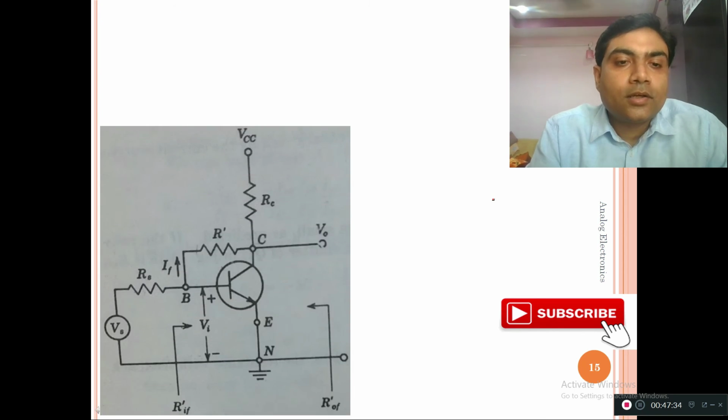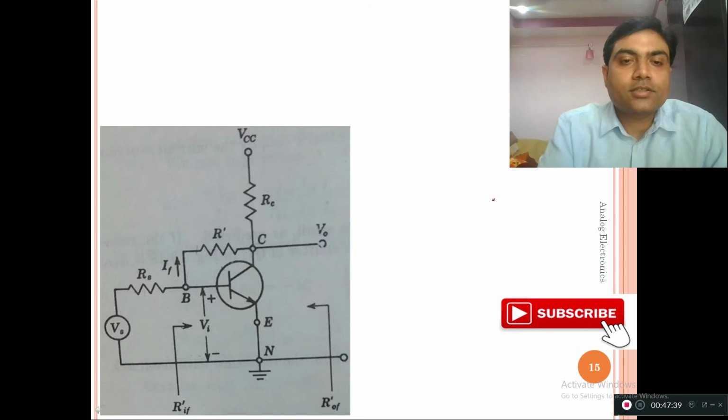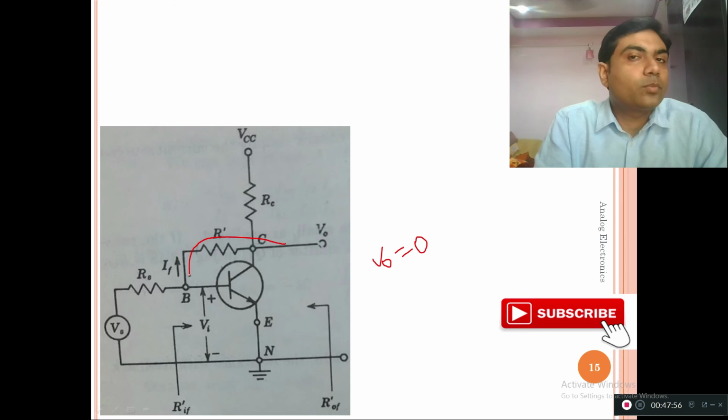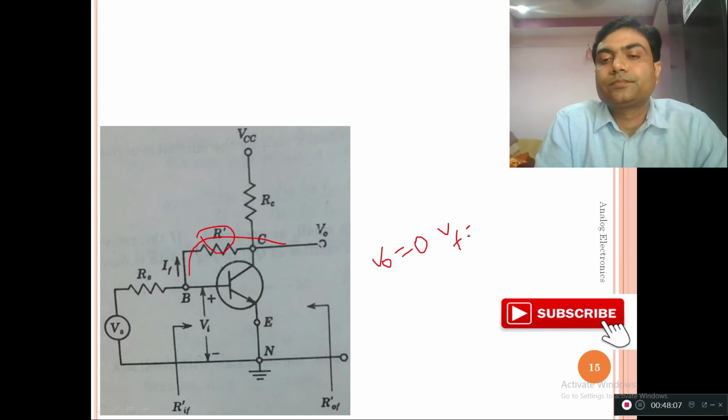Okay. Now the final thing, the final circuitry which we are going to discuss in today's lecture is this. Again, we need to find out which kind of configuration it belongs to. Just make V naught equal to 0. If I make V naught equal to 0, will there be any feedback present? Not possible, because V naught is directly connected with the input terminal through this R dash. So if we make V naught equal to 0, there is no feedback which can be present. So this V naught also makes Vf equal to 0.